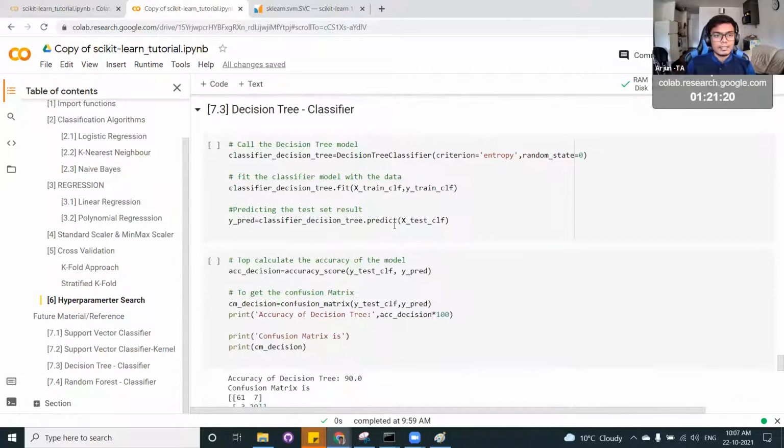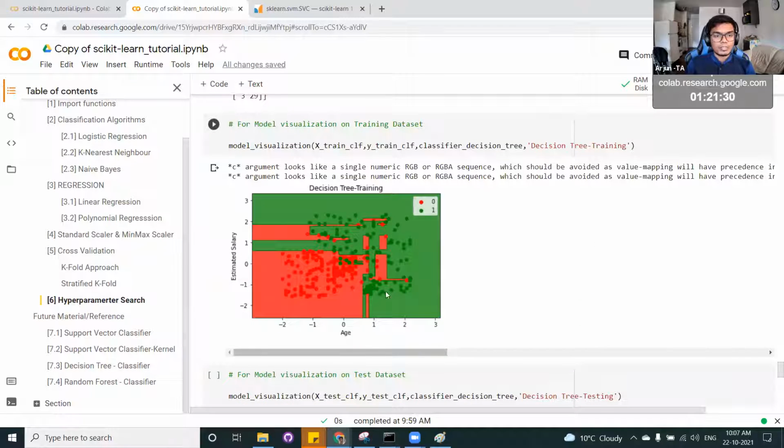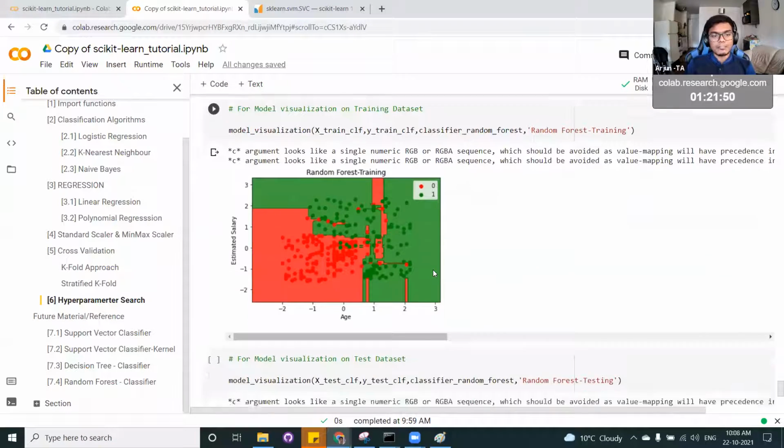After some classes you will be seeing the decision tree and how it works, and how different the decision boundary is. It's kind of an if-else condition. If the age is less than this, and then if the estimated salary is less than this, it falls under here. That's the intuition. So you can always keep this as a reference material.